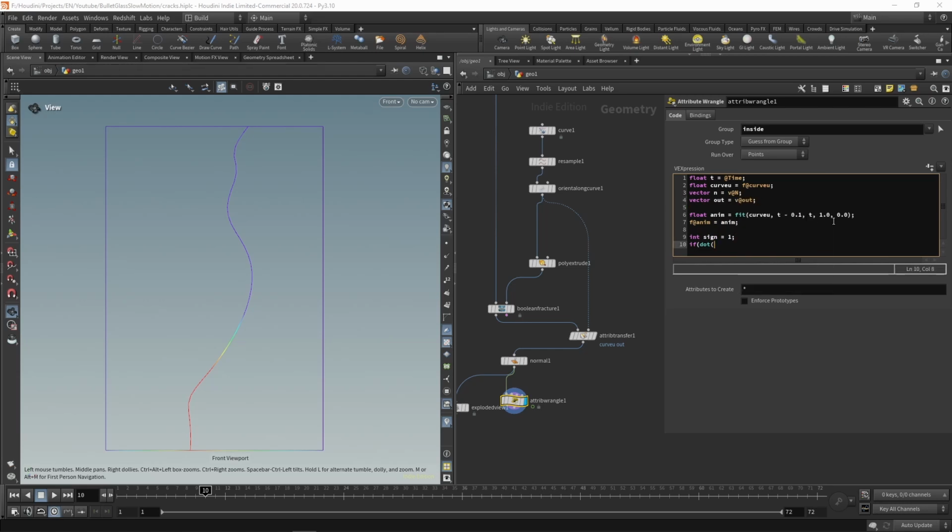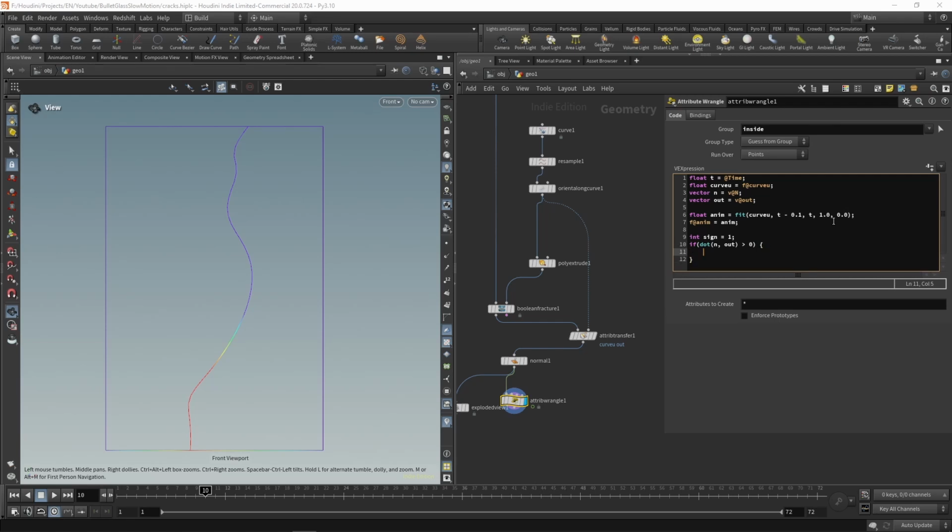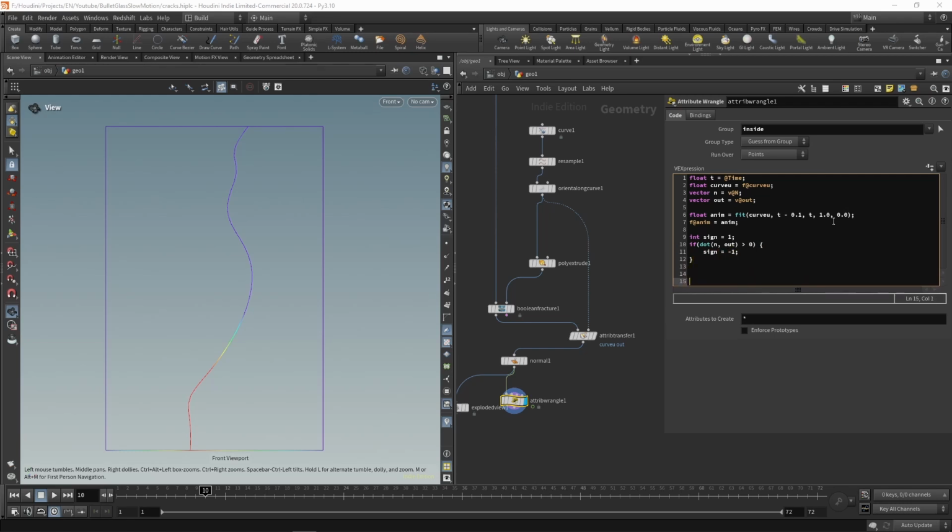If the dot product between n and out is greater than 0, it means that they are in the same direction, so the sign is -1. And now we just need to set the position plus equal the out vector times the sign times the animation times some parameter, the amount, basically